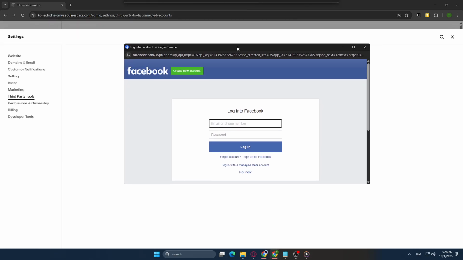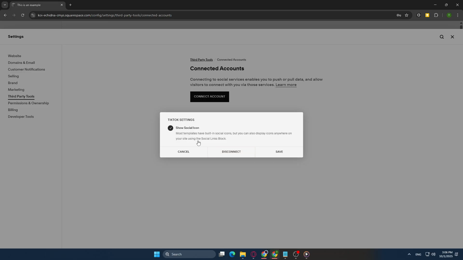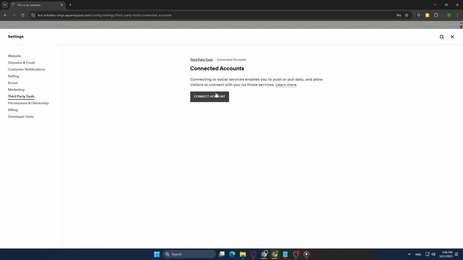And just like that, you're done. You've successfully connected a third-party tool to your Squarespace account. Depending on the service you've integrated, you might want to spend a little more time configuring settings within that tool to best suit your needs or goals. Moreover, don't hesitate to explore additional functionalities and integrations Squarespace offers. It's an excellent platform for growing your online presence, and these tools are there to help you make the most